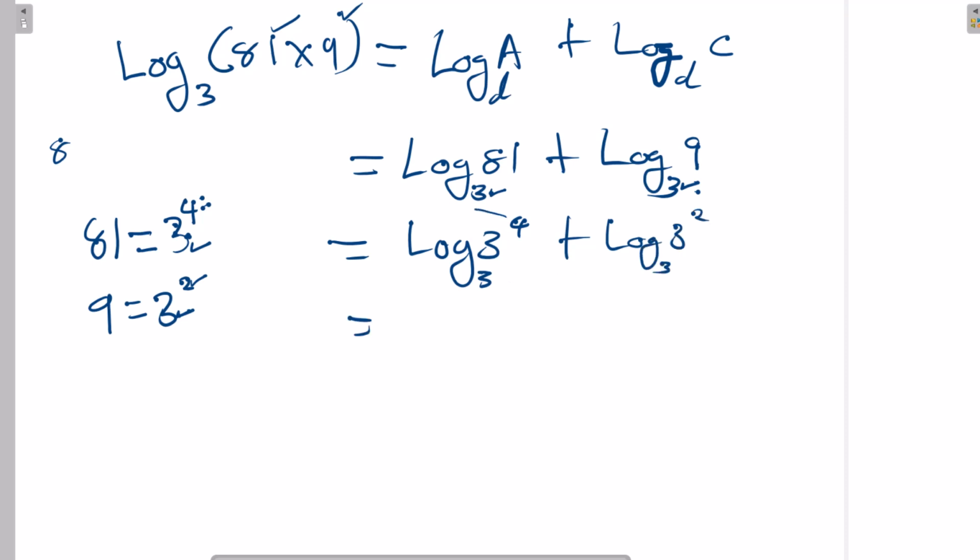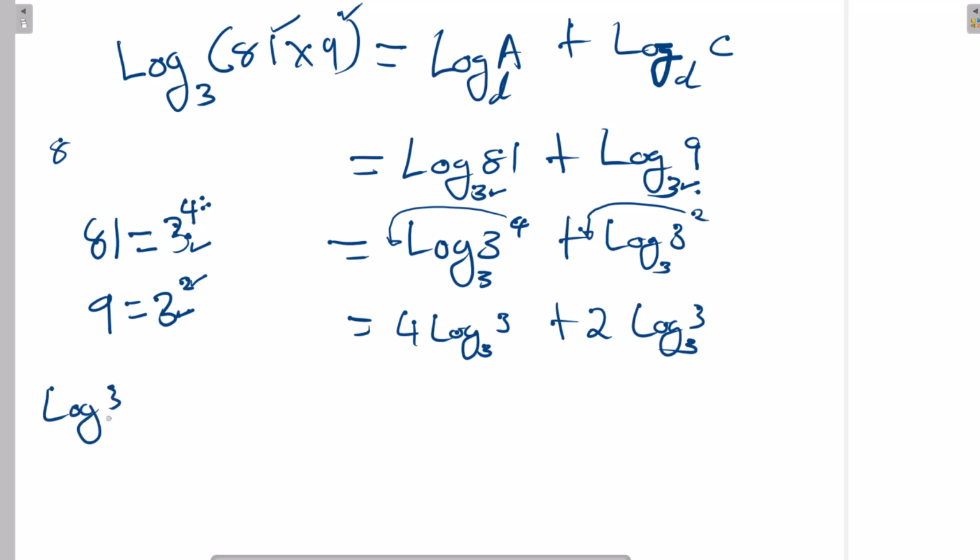As long as we're having an exponent, it means we move it here. All the exponents come this side. So it will be 4 log 3 base 3 plus 2 log 3 base 3. Now, here comes another concept. Another concept says that log 3 base 3 is equal to 1,